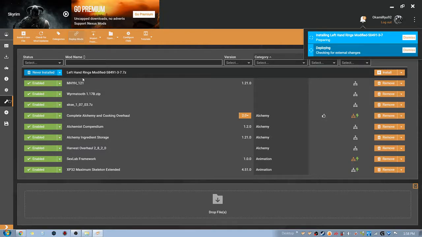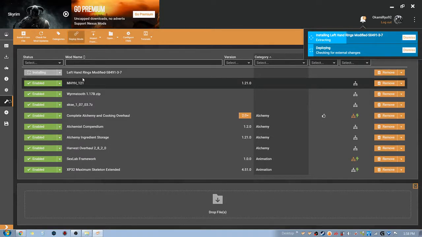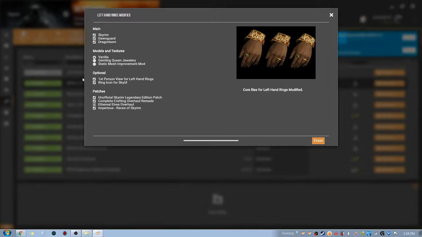So I'm going to install left hand rings modified. Basically what this does is it adds a ring slot to your left hand. And it allows you to put on more than just one ring, which I never understood why you can only put one ring on to begin with. There's also another mod called Unlimited Rings and Amulets, which is really awesome for those of you who can get low level enchantments but can't get